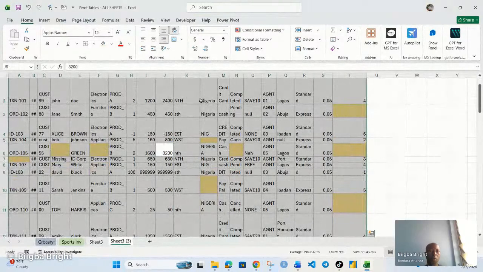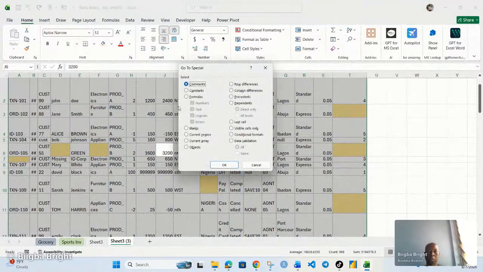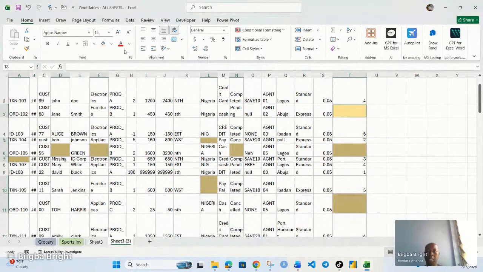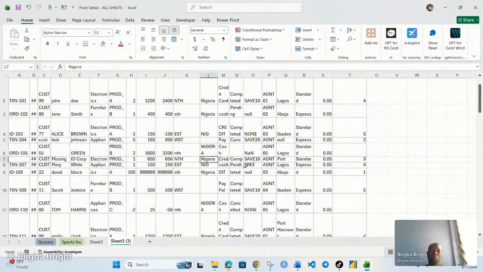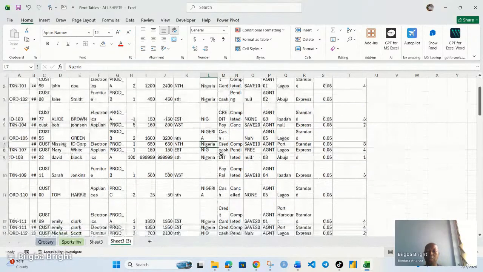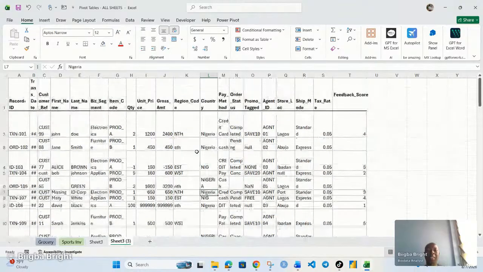So I'm just going to highlight everything. And first of all, go to my search bar, go to Special, click on Blanks, click OK. All the blanks have been identified, and I'm saying no fill. So everything will disappear. That's one thing. Now, to be able to show you the many ways of handling data like this, cleaning it and making sure we